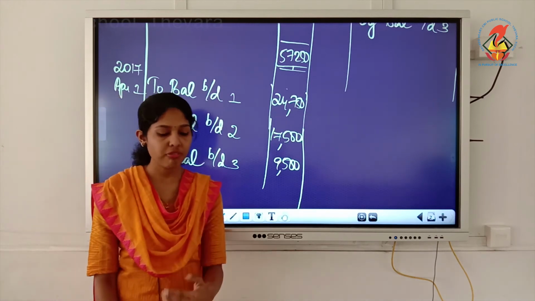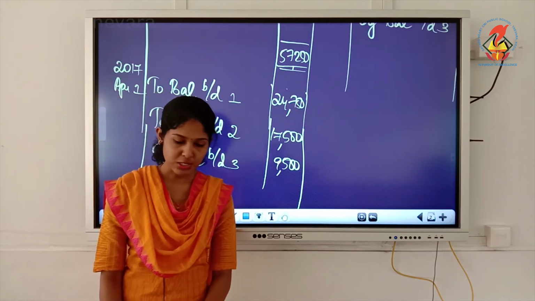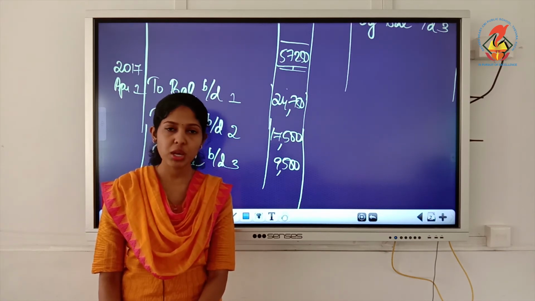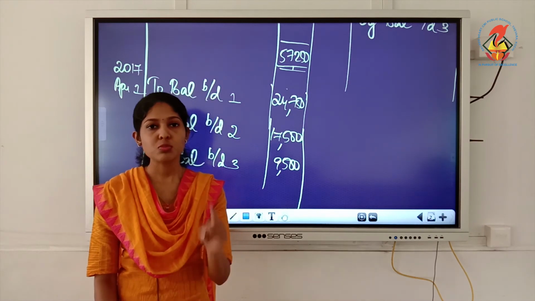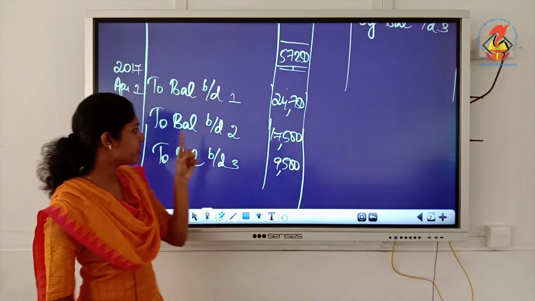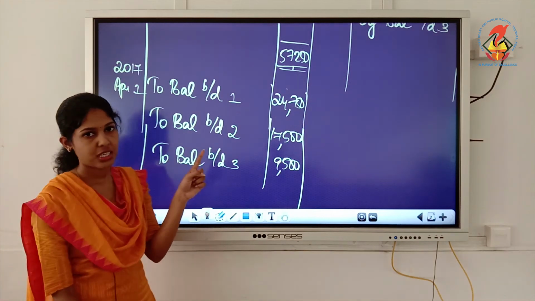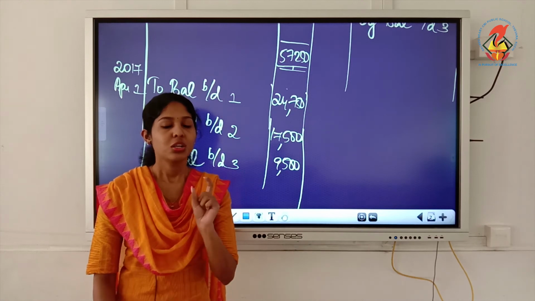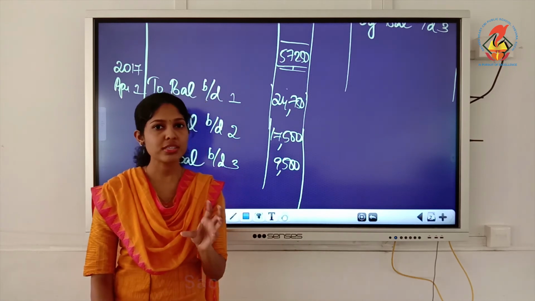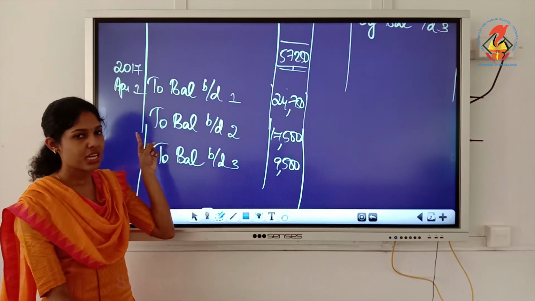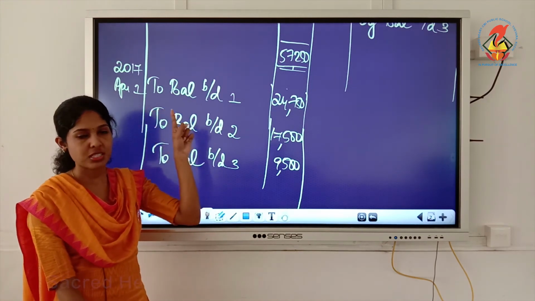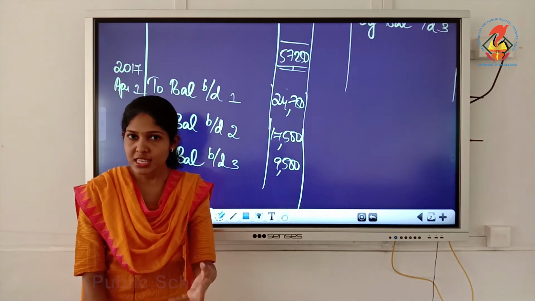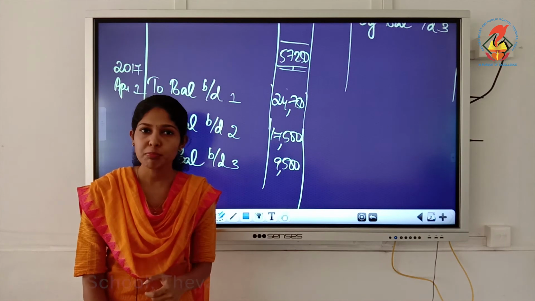So see the date of sale here. On 1st April 2017, 1/3 of the machinery installed on 1st July 2015. That means machinery 1 is being sold on 1st April 2017. Should we charge depreciation on this machinery 1? No. Why in this question are we not charging? Because of this date. We are selling on April 1st. April 1st means that is the beginning of the third year. At the beginning itself we are selling. Then how will you compute depreciation?